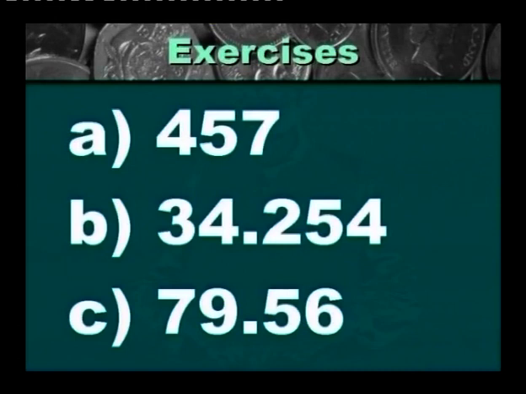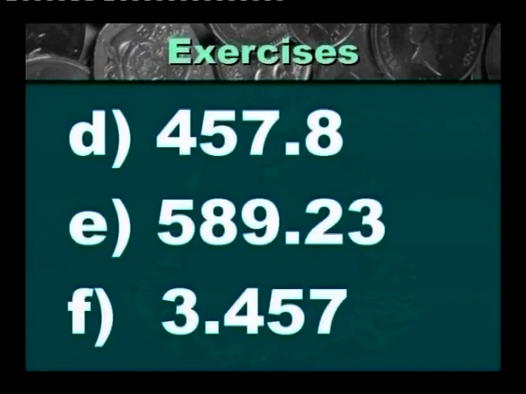Okay, group 3 and 4, you find the value of number 5 in the number 34.254, and group 5 and 6, you find the value of 5 in the number 79.56,